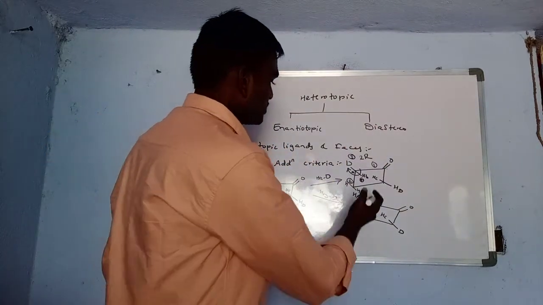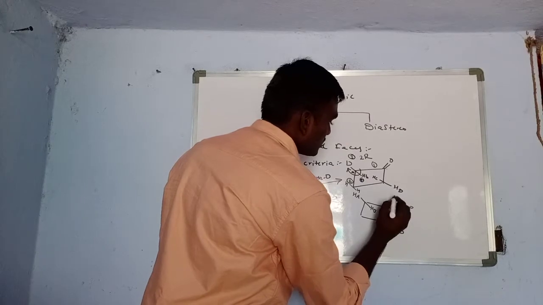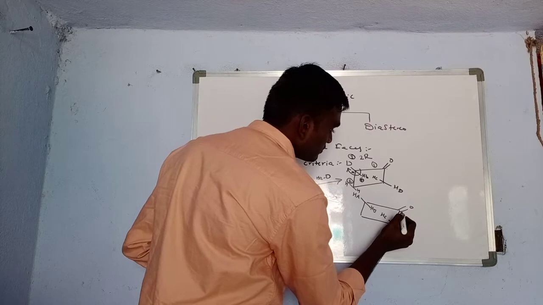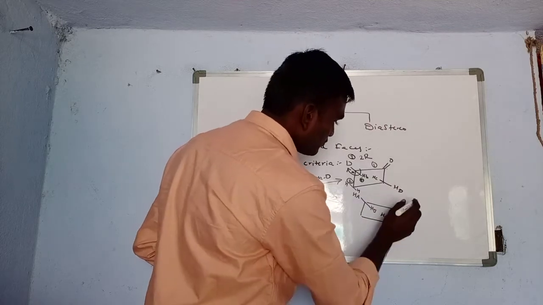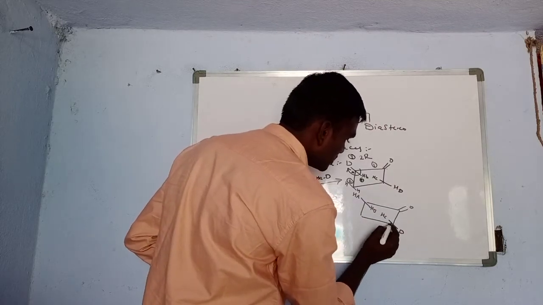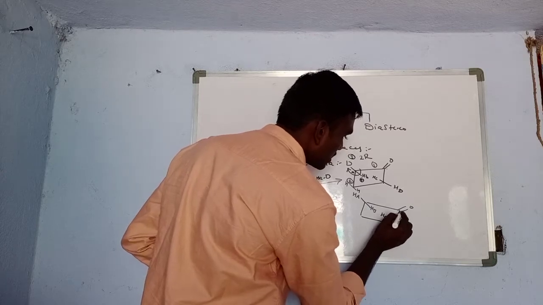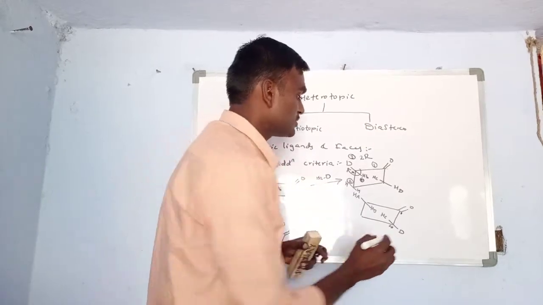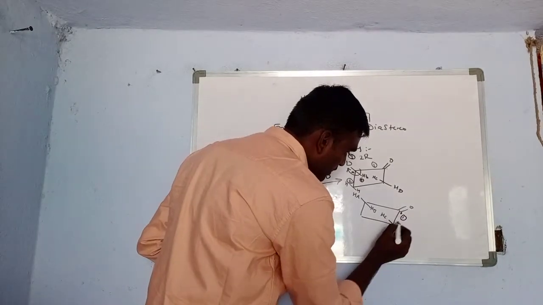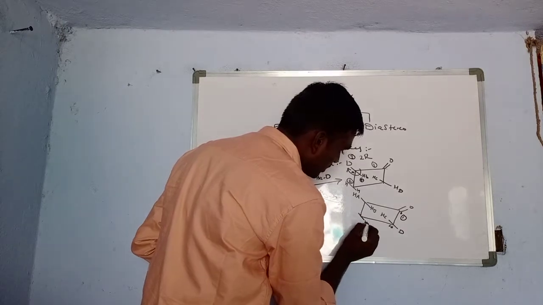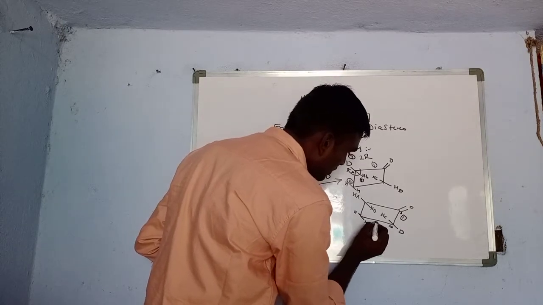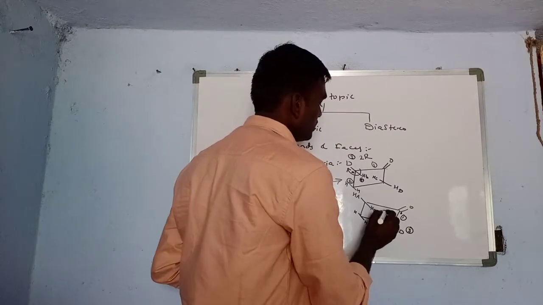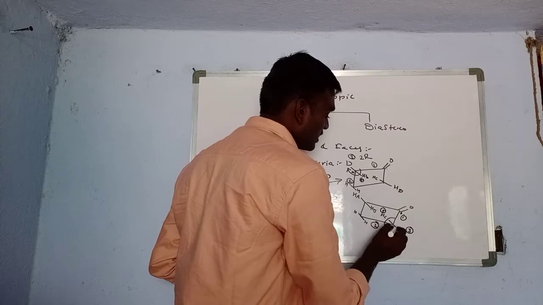Okay, in the similar way, if we are taking the chiral center here, by giving the numbering like this, 1, 2. First we are giving the priorities like this. You have to take the second carbon, this is the first carbon, right? Now giving the priorities according to Cahn-Ingold-Prelog rules, the carbonyl will get the first priority, and this is the carbon and hydrogens, so it will get the second priority, and third the deuterium will get the third priority, and this is the fourth priority. It will be in anti-clockwise direction.